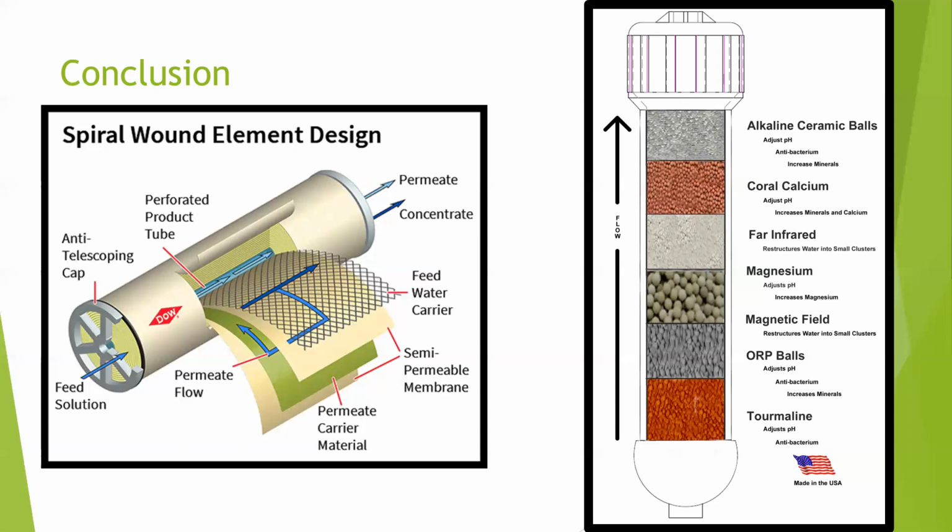Remember, whenever calcium and magnesium are added to the water, the pH becomes alkaline. So the minerals present, along with calcium and magnesium, are essential for the human body. Then the next chamber is of alkaline ceramic balls, which again adjust the pH further,